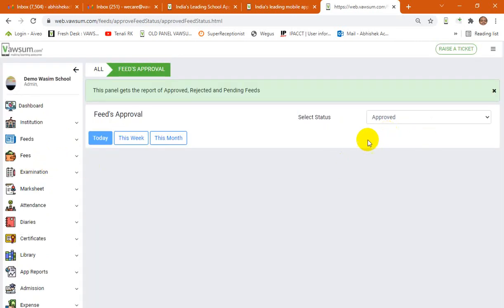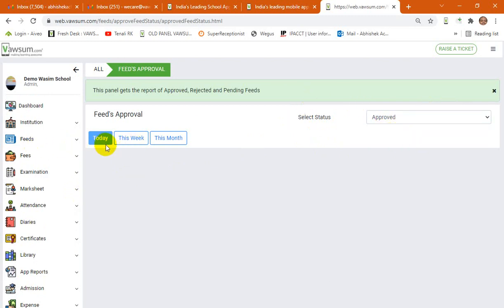Now you can see there are no approved feeds for the day. On the right corner, it will give the option to choose different modes of feeds: approved feeds, unapproved feeds, rejected feeds.